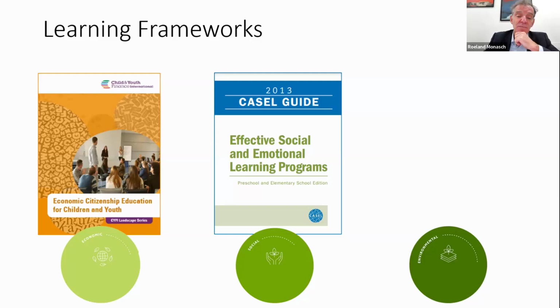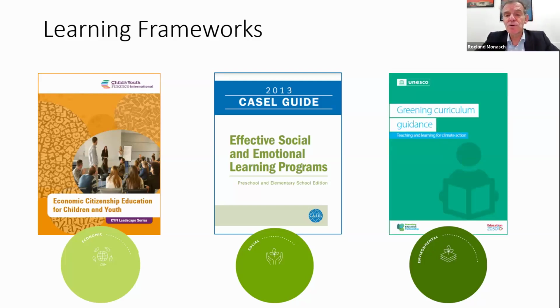And I'm happy to share with you that about 4 months ago, UNESCO released a new greening curriculum guidance framework, which has a specific framework for 5 to 8-year-olds on climate education, environmental education. Now, we did an initial review of what's in that curriculum framework compared to the other two curriculum frameworks, and we see that what is in the AflaTot framework very closely overlaps with what's in the greening curriculum. Having said that, there are specific pieces in the greening curriculum like greenhouse gases and carbon cycle, which are not in the AflaTot curriculum, which are at the moment being recommended as well.